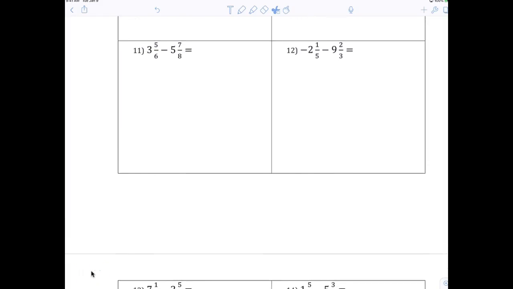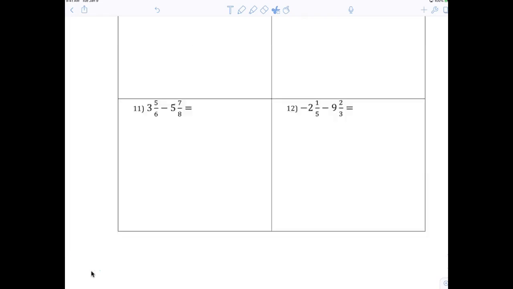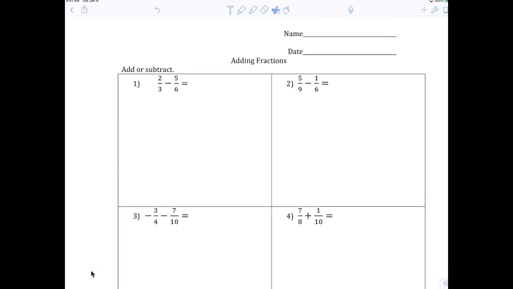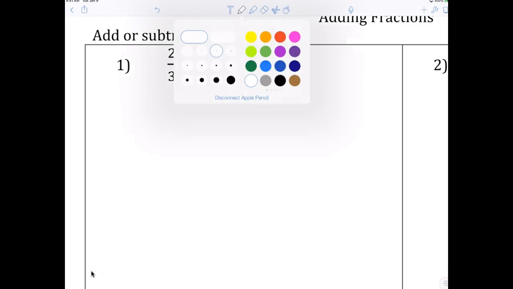All right, here we go. Let's knock out the odds real quick. Let's see how you're doing. I feel like this is just a continuation of yesterday. So if you didn't have trouble with last night's homework, this should have been just extra practice for you, which is important. All right, today we have